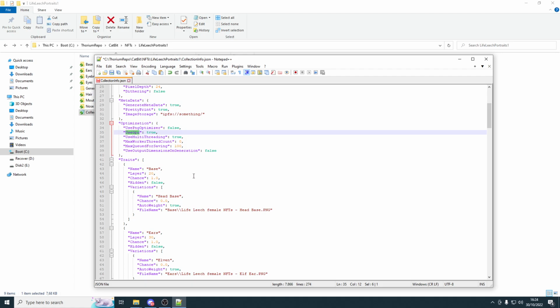I use GPU, so this can actually use your GPU to generate the images faster. I recommend to have this false on your final generation and keep it on true when you are testing and previewing, because it is a significant performance improvement, but it could degrade quality depending on your drivers and settings. It could be perfect quality, so you can try it out, but it also could be